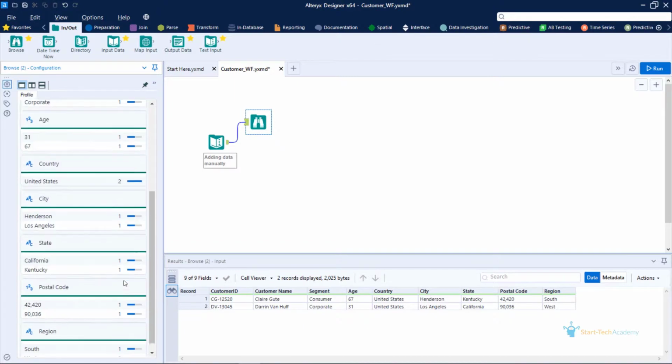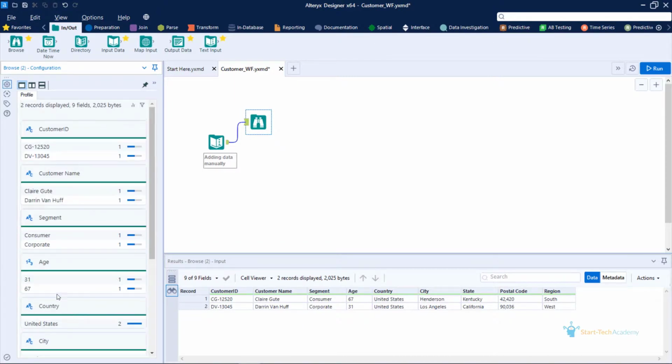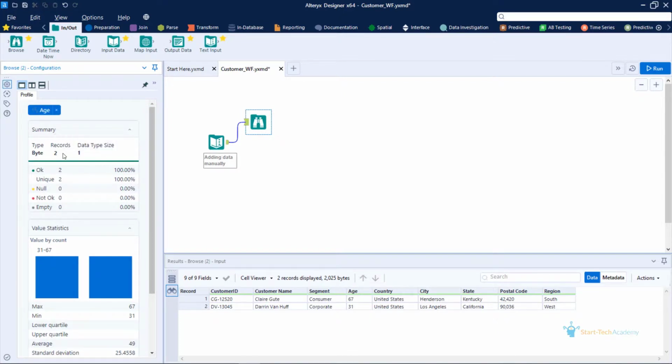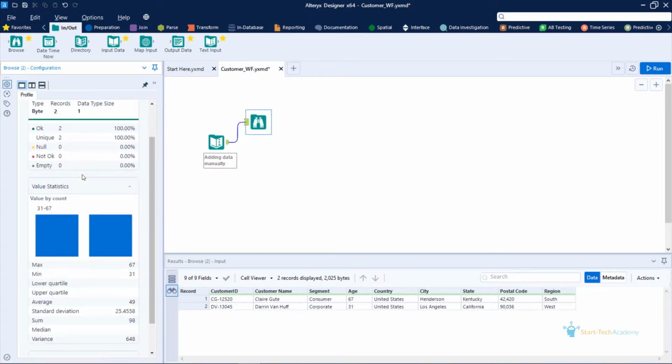Now, if you want to know more about any particular column, you can just click on the name of that column and you can see more statistical information about the data present in that column.